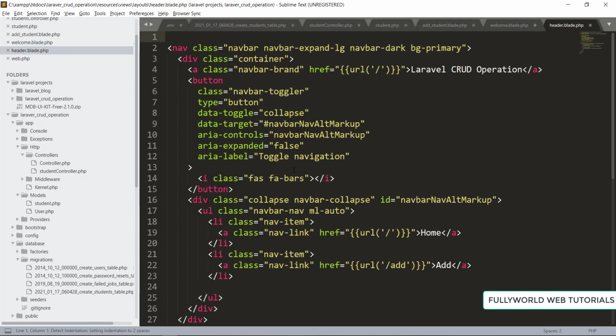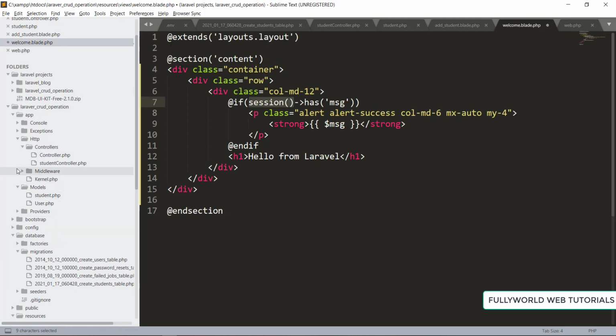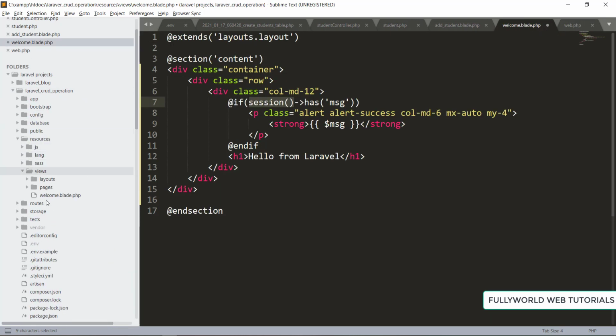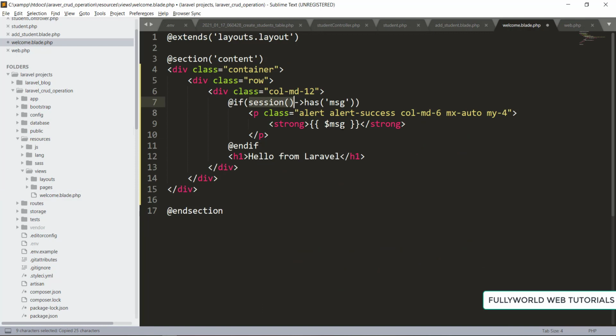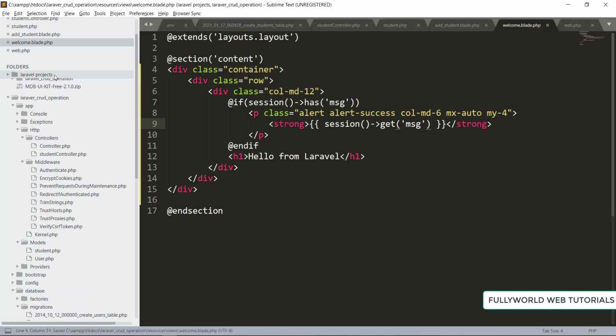See that, this is our Laravel CRUD operation, and now we will get this message with the help of that here. Here we are not going to mention our variable name, because actually we are not sending a variable name here.